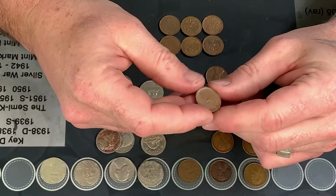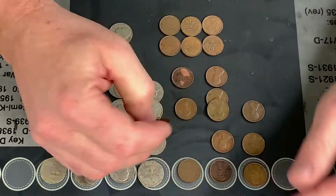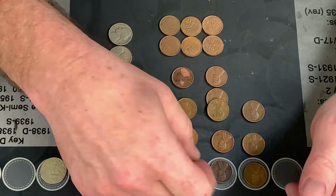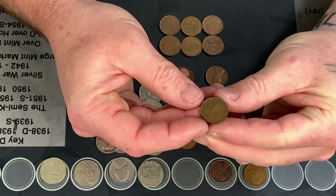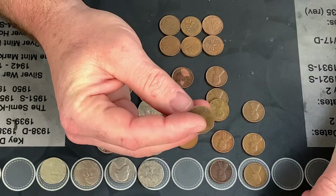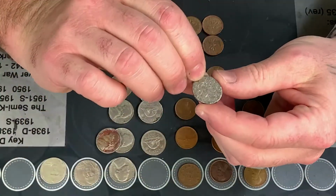We ended up with a 1967, which is a commemorative rock dove. It's a bird cent. A 1933 King George V, which is absolutely awesome. One of the best finds of this coin roll hunt. When we get over to the nickels, I can't even